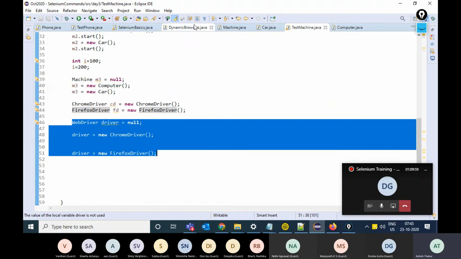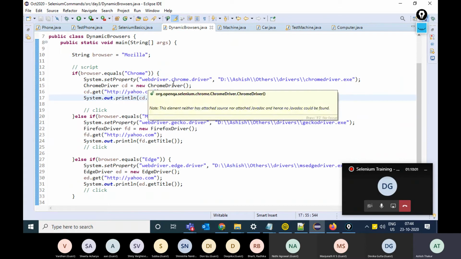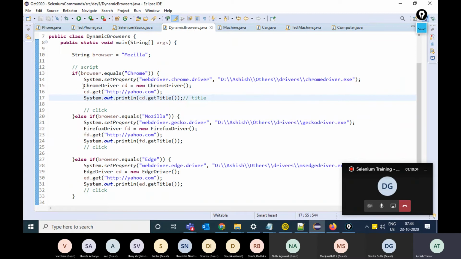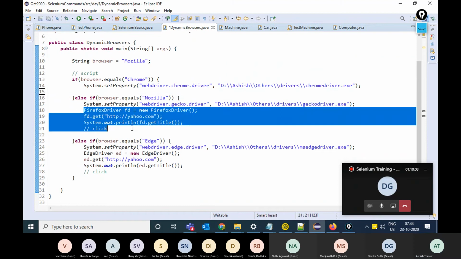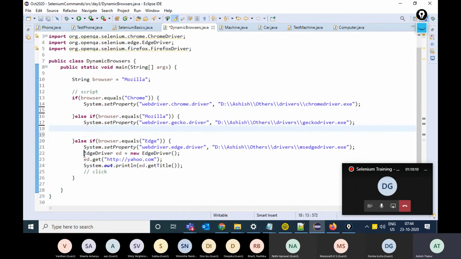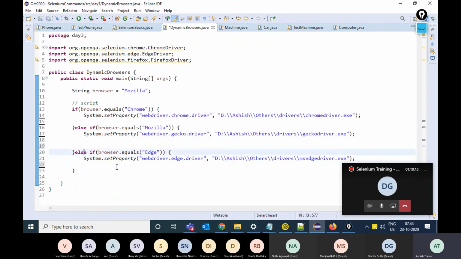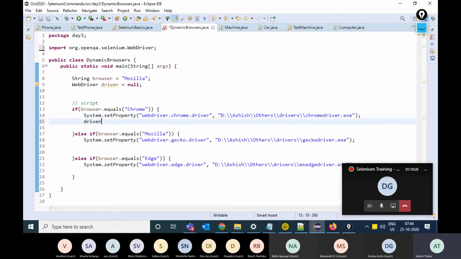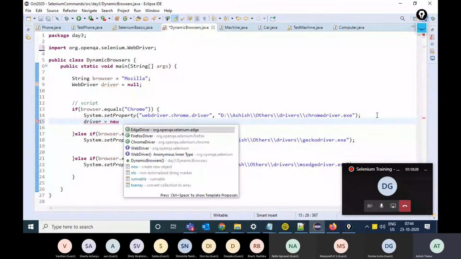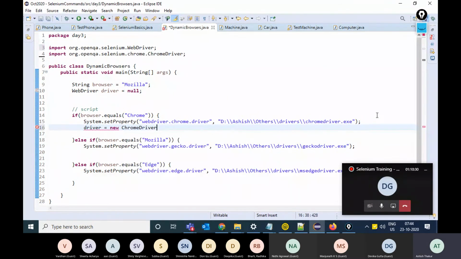This will solve the problem of dynamic browsers over here. You don't have to write this code. You just declare your WebDriver globally. In case the browser is Chrome, you launch ChromeDriver.